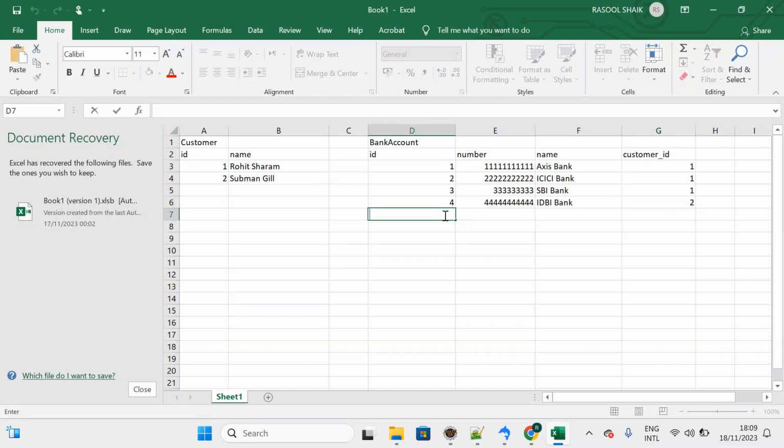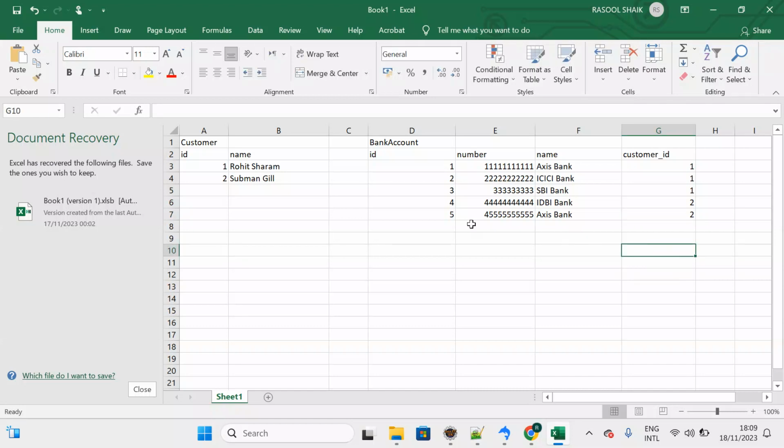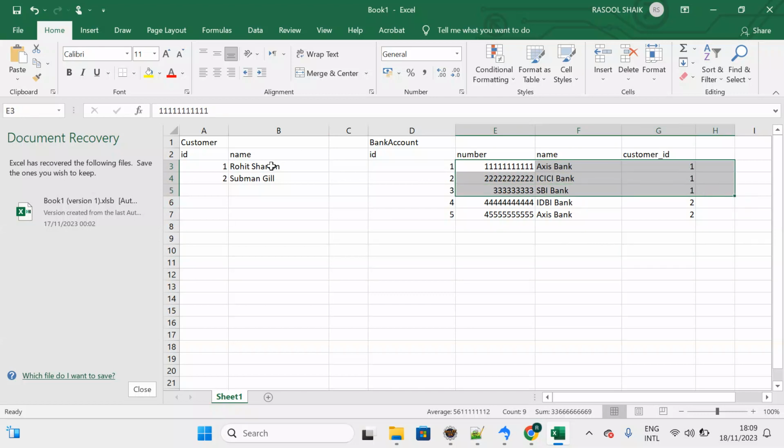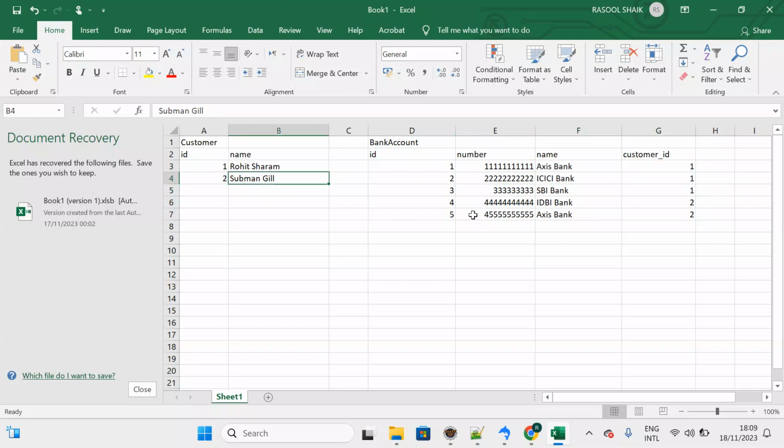So let me add another bank account for him. Bank account ID, and triple five something dummy number, and here Axis Bank, another bank. So I will give customer ID as 2. So now if you see here, Rohit Sharma is associated with 3 bank accounts and Shubman Gill is associated with